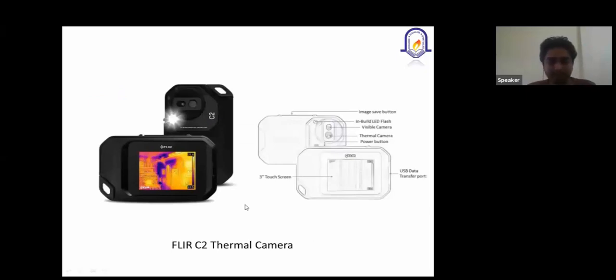Okay, now I have used this thermal camera for the study of infrared thermography as well. I have used this camera. It totally looks like the digital camera which we use. The only difference is that there is a thermal camera present at this particular point. Okay, this is the general visual camera which we use, and this is the flash, and the whole process is easy and comfortable to use. Okay, and this is the temperature scale which I have already told you before, right?